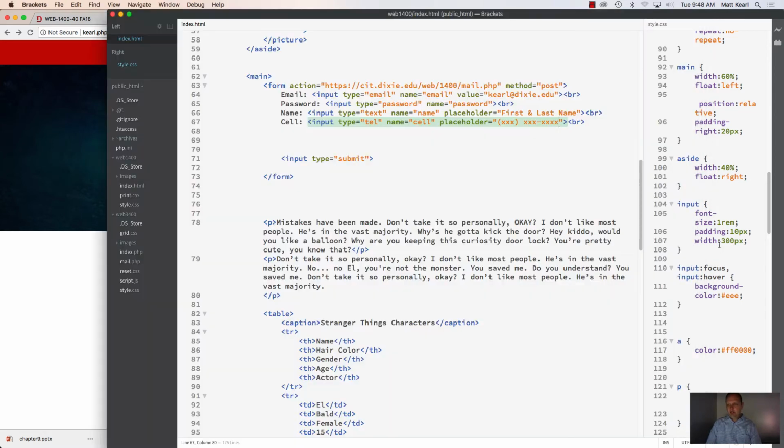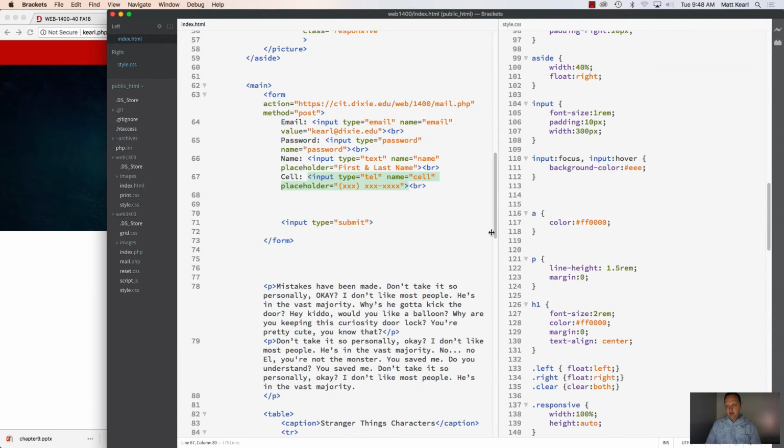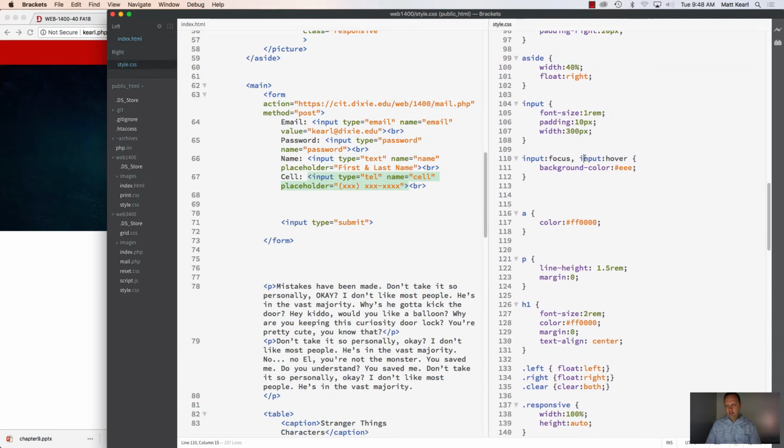When I hover on it, it gets bigger. Maybe I say applying a padding to my hover. Why that one's not working, that's weird. Because it's still an input. We could also say something like input type